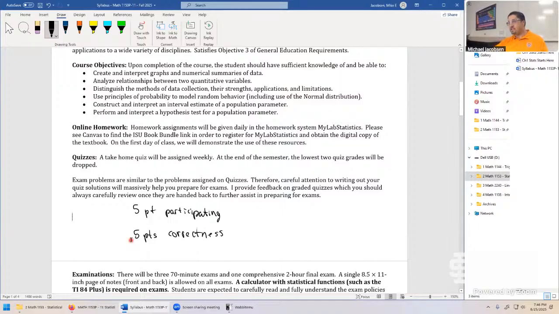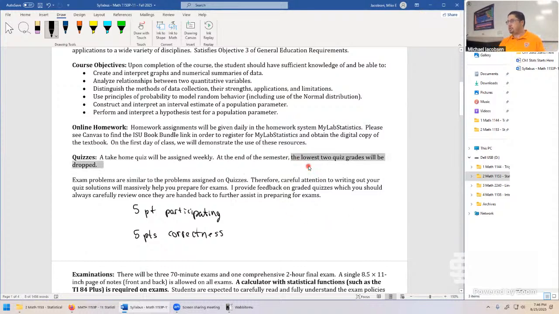And I realize for a lot of this content, you might have just seen the problem for the first time. If you're really close, you just made a couple small errors, you might get 8 or 10 points out of the 10. If you missed a lot of things, you might get on the lower end, maybe 6 or 7 points. If everything is off, then, well, you'll get 5 points out of 10. Not the end of the world. Quizzes are only 10% of the course. And I will be dropping the lowest 2 quiz grades at the end of the semester as well.